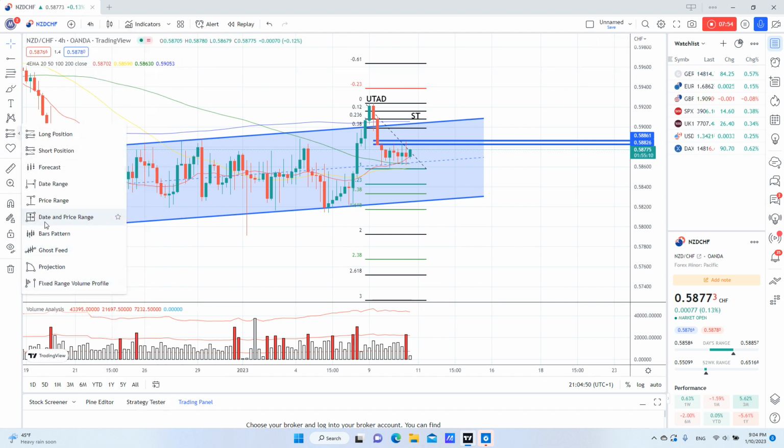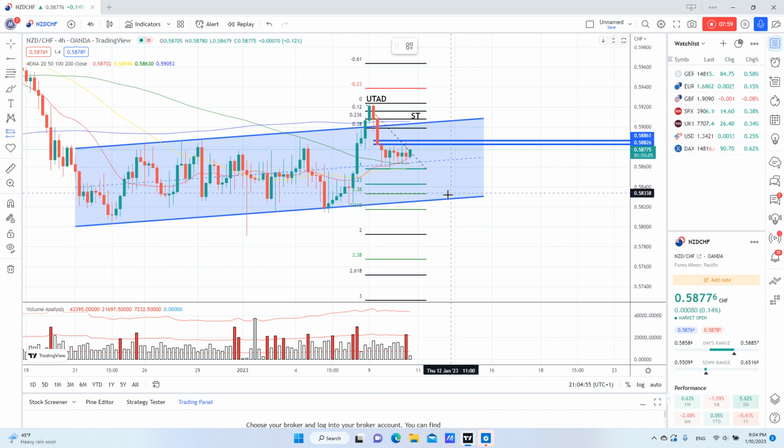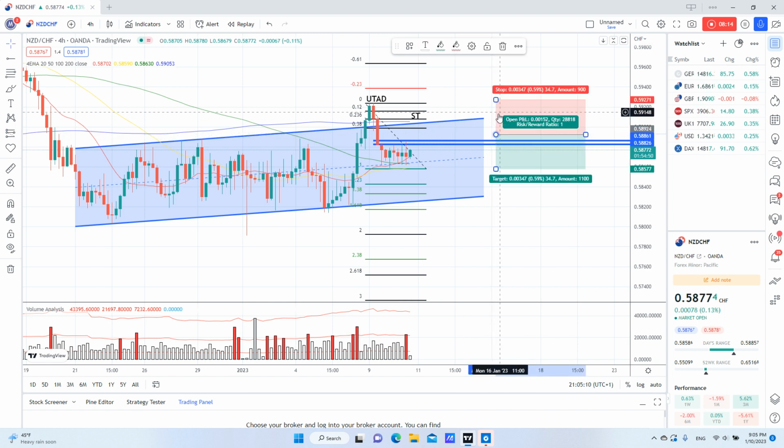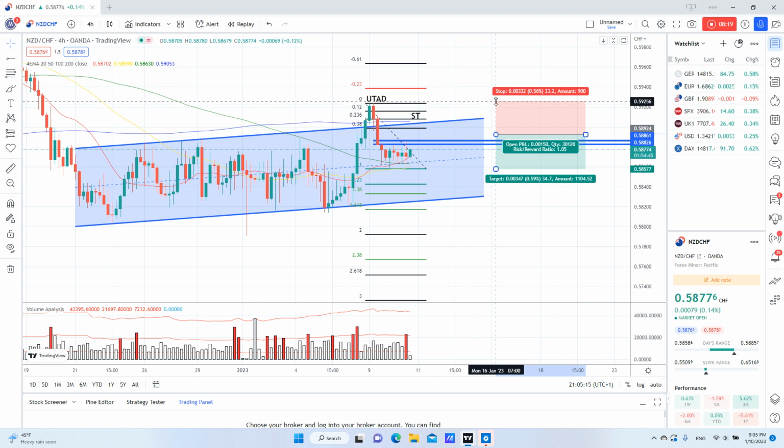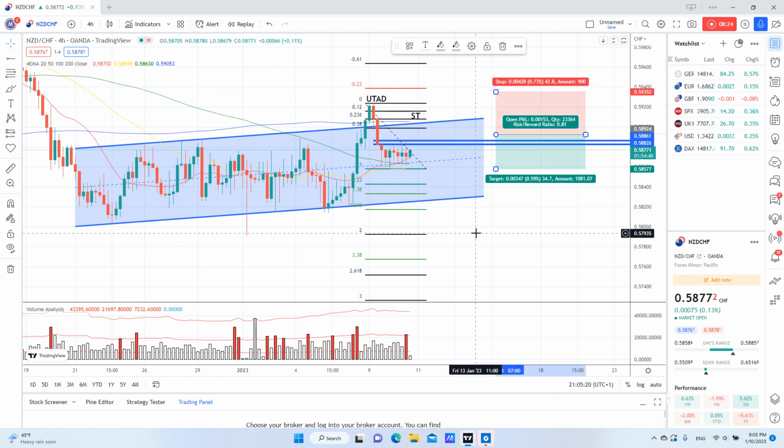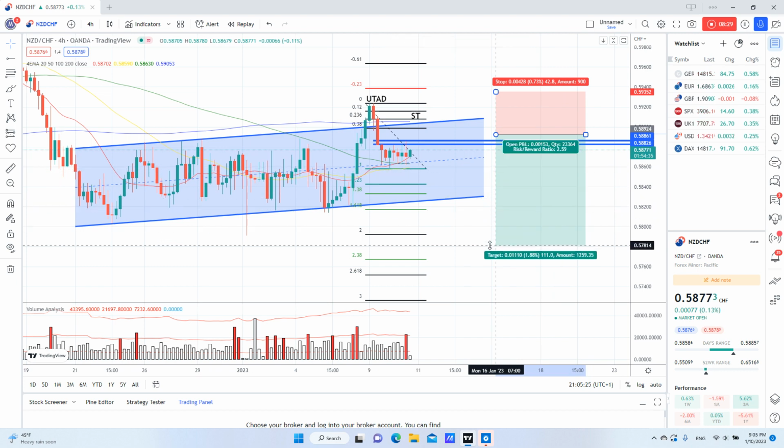It will be a short position, entry either from the 1 hour gap, this one, or as we said, from the 4 hour gap here. And we will put our stop loss above the UTAD, and our profit will be